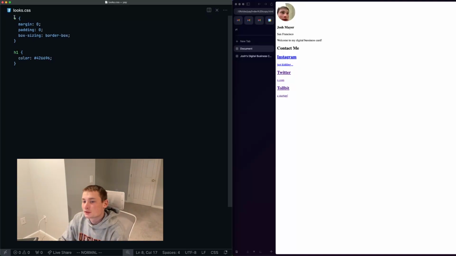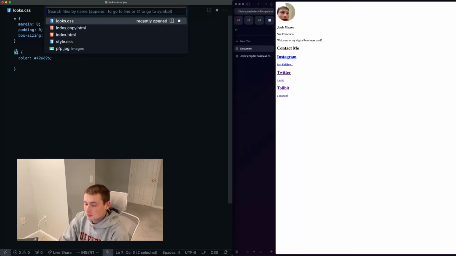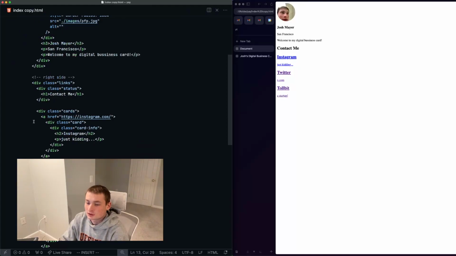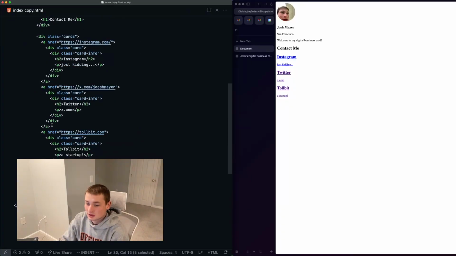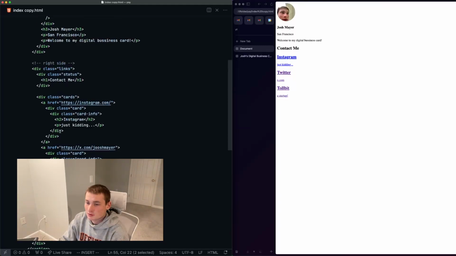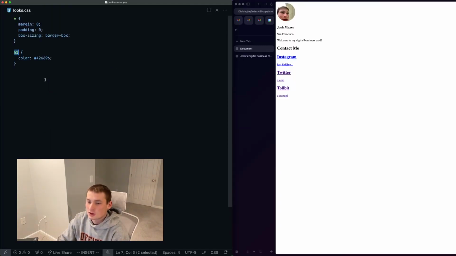Okay, so this star means it's applying to everything on the website. It's like global. Like these rules, CSS is just rules. These rules for how things look should apply to everything on my website. And then these map to tags. So these, like we said, are called tags. A div tag, and we have an H1. Yeah, so we're telling the H1 I want you to be this color,